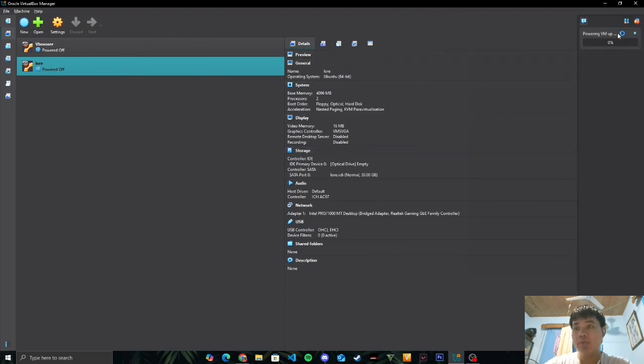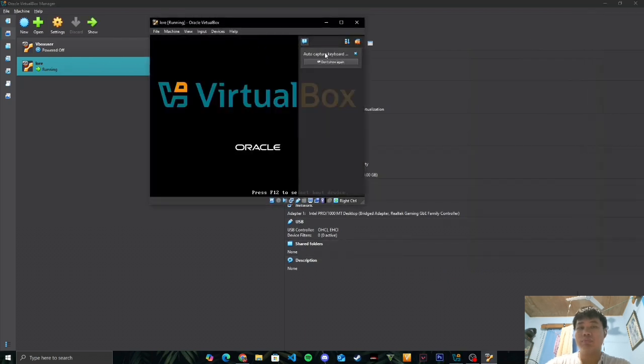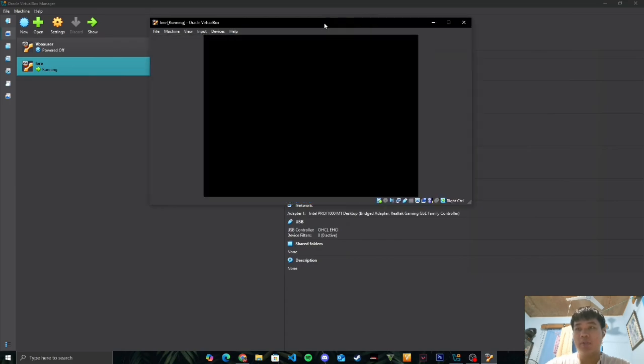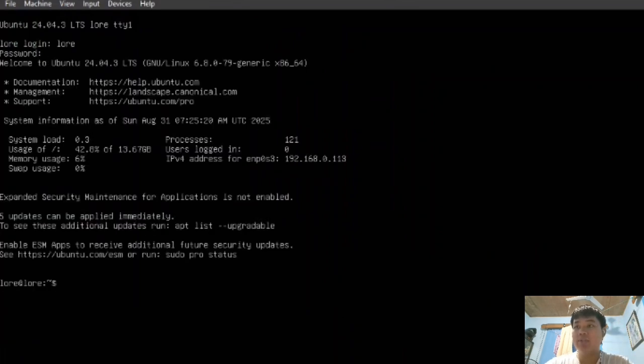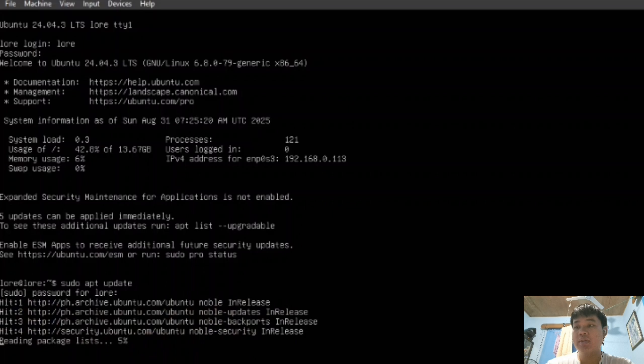and of course it is in a virtual machine. And we just have to wait for some time. And now we will log in with our username and our password. And then we will type sudo apt update so that we make sure that our Linux server is updated. And then we will just enter our password, and wait for a little bit.